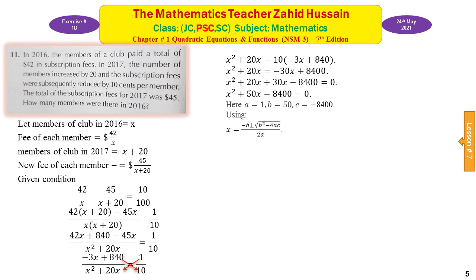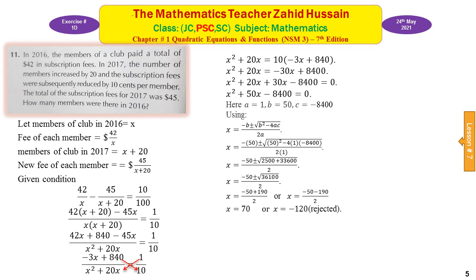Use the formula where x is equal to minus b plus minus square root of b square minus 4ac over 2a. Put these values of a, b, c in this formula and calculate by using a calculator. You will get these two values of x. One is positive and one is negative. Because you are asked to find the members in 2016, there may be no negative members. So the number of members is not negative, so we will reject this answer, and we will use 70 as the required answer,